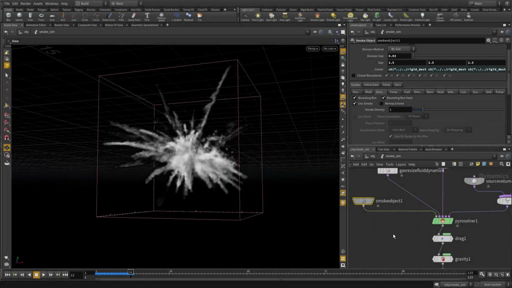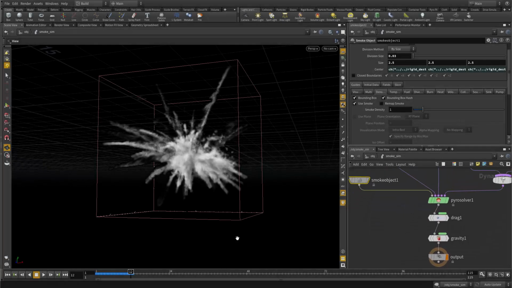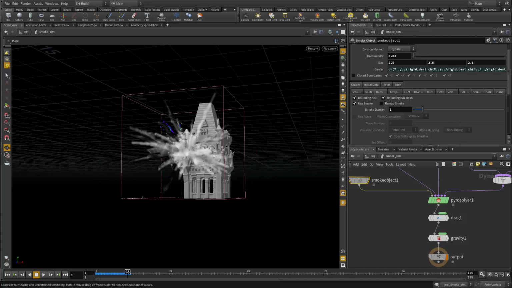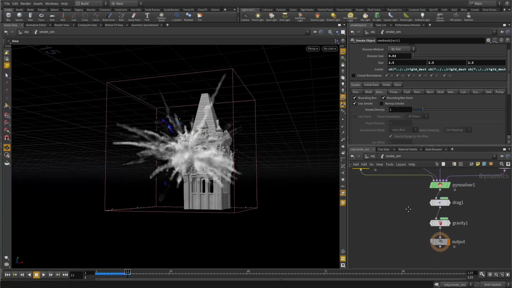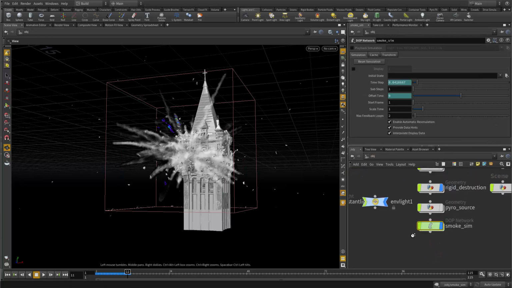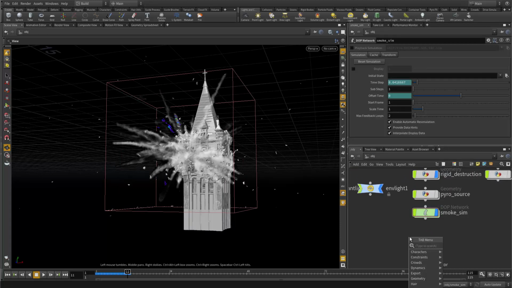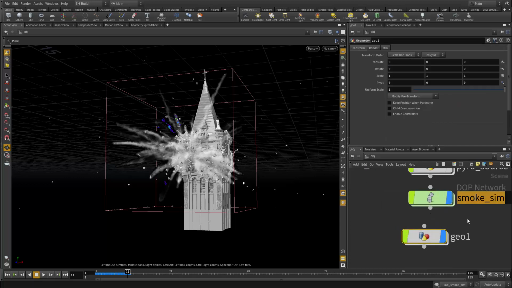Alright guys, so let's move ahead and talk about caching. So we have this simulation here, right? Now it's time to really cache it so we can do some render. To set that up, we need to create a geometry, right? And I'm gonna call this guy SmokeSim